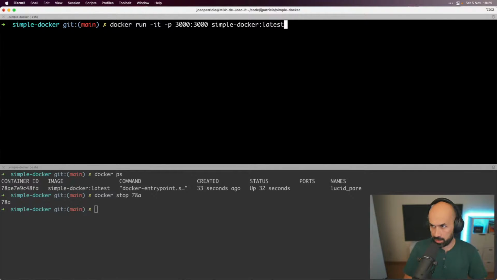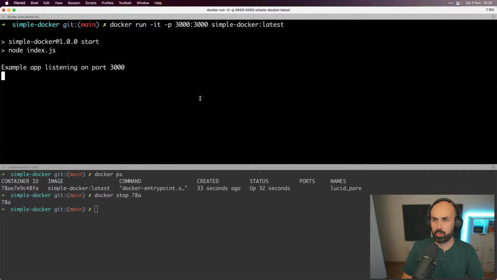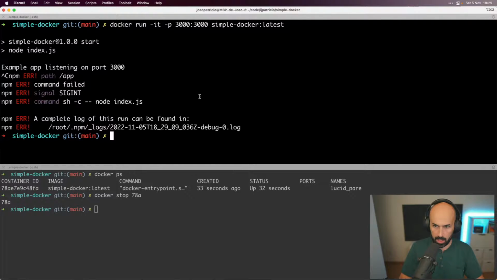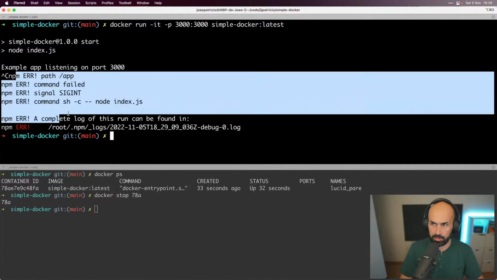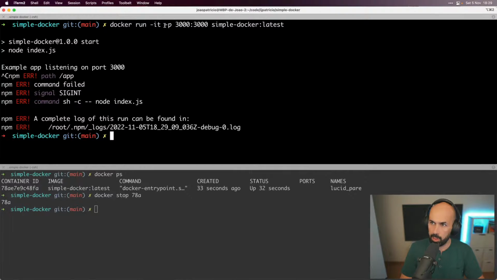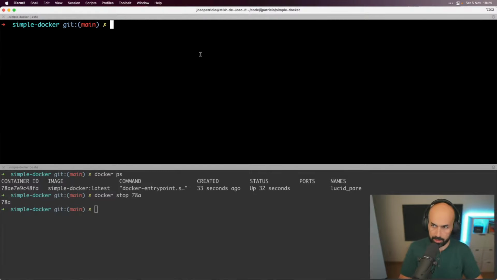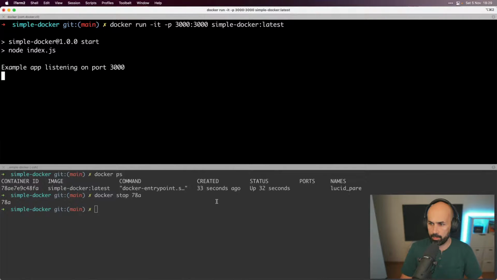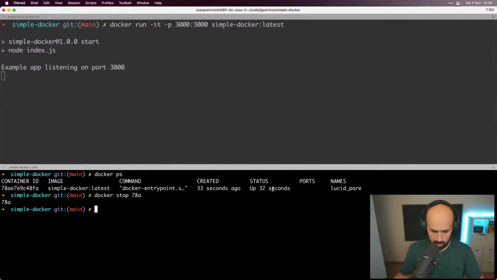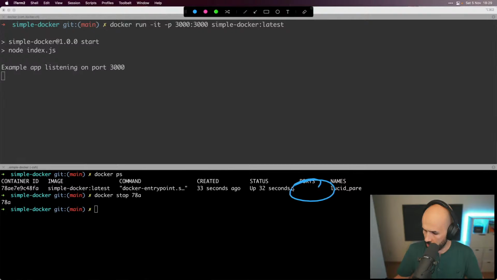For the sake of explicitness, I will leave it here anyway. So right now we should be able to Control-C and get out, right? And we did. And we see the colors and the fluffy stuff also. And we published the port. So let's run the same command again. Notice that we don't see any ports published for now.